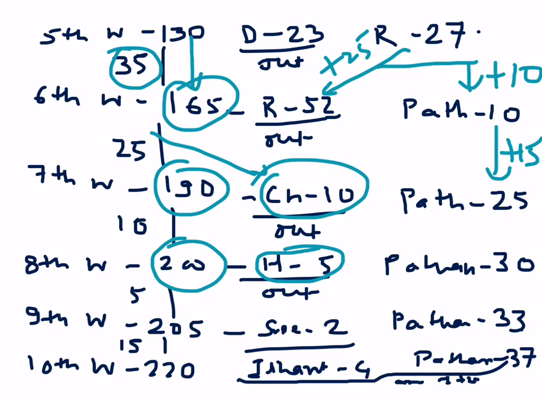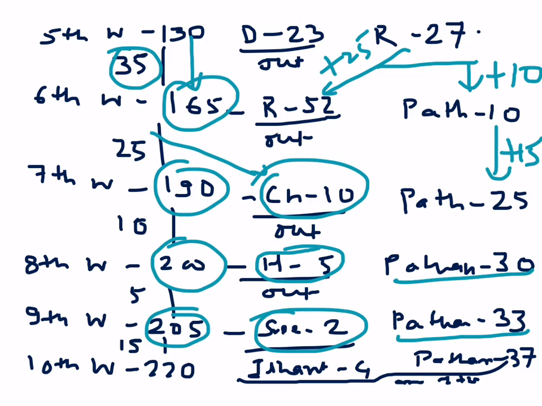After that, 200 to 205, there is an increase of 5 runs. If I give 5 runs to Pathan, he doesn't get to his score of 37. So the 5 runs don't make Pathan out. So it means Sreesanth got out at 2 runs, and Pathan is still playing. I mean, Sreesanth came, made 2 runs, got out. The rest 3 goes to Pathan's score, which is 33.